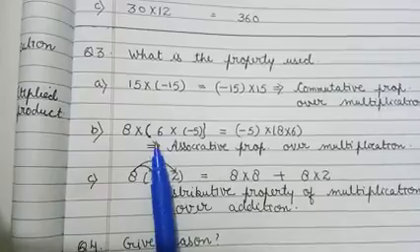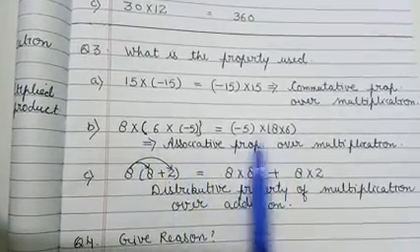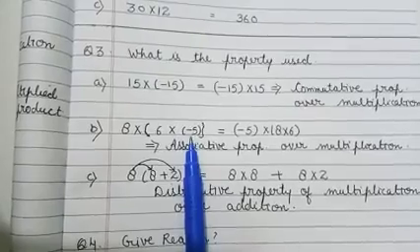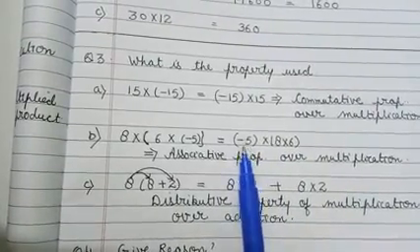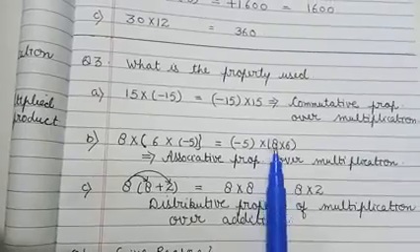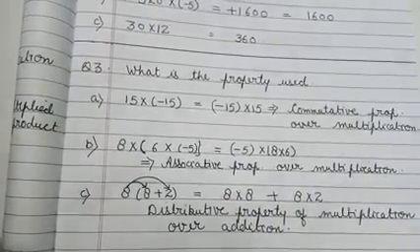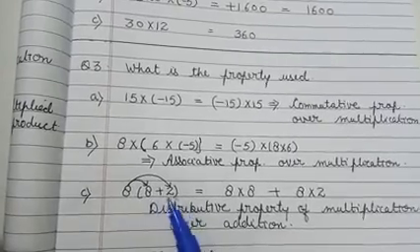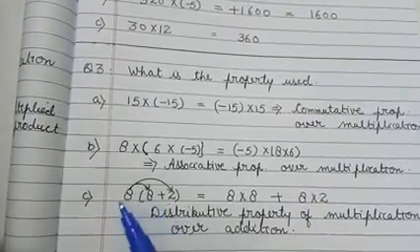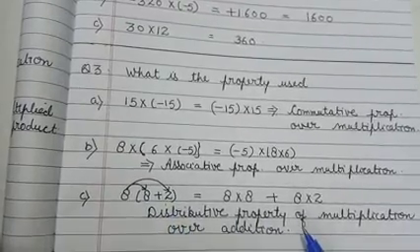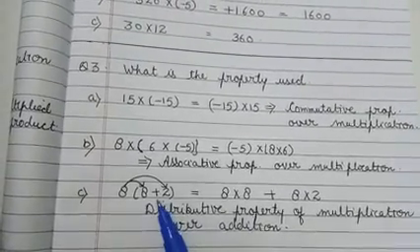The next is 6 multiplied by 8 multiplied by minus 5, multiplied 8 and 6. इस स्टेटमेंट में इन्होंने यहाँ पर 6 और -5 का ग्रुप किया हुआ है और इस केस में 8 और 6 को ग्रुप में किया हुआ है, -5 को सेपरेट किया हुआ है. तो only the change of group only, and we know this property is said to be the associative property over multiplication. This is next. 8 multiplied by 8 plus 2. 8 is multiplied by 8 plus 8 multiplied by 2. So one time by this number, one time by this number. It means this property I told you, distributive property of multiplication over addition.